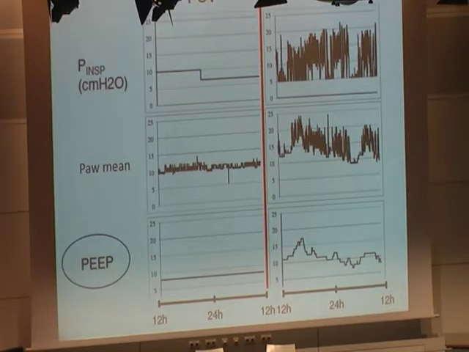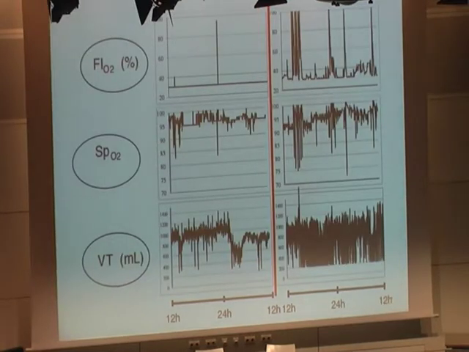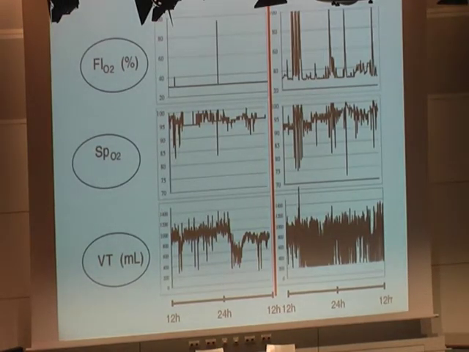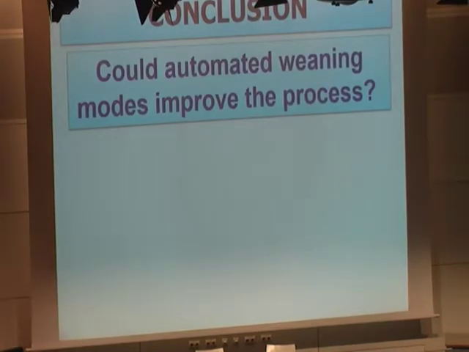The same is true for the PEEP value. As you see in the left part, you have no modification in this patient. The PEEP was around 8 centimeters of water, and instead in the right part, you see a modification of the PEEP value according, as you see here, to the FiO2 combination to reach the SpO2 target desired by the physician. Also, for the tidal volume, you have a more significant variability with the automatic mode in comparison to pressure support ventilation mode. In conclusion,